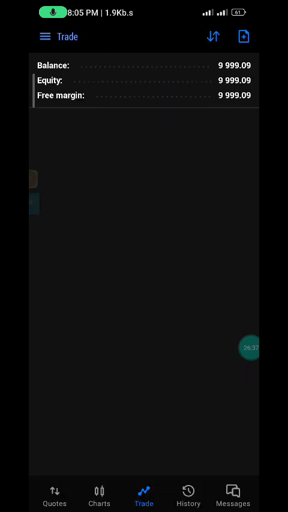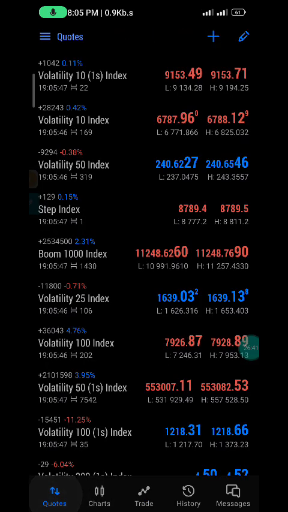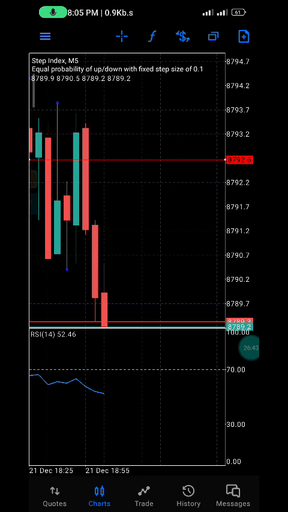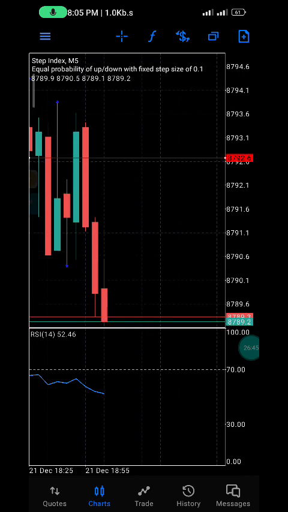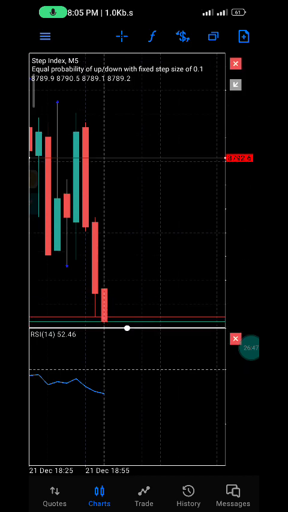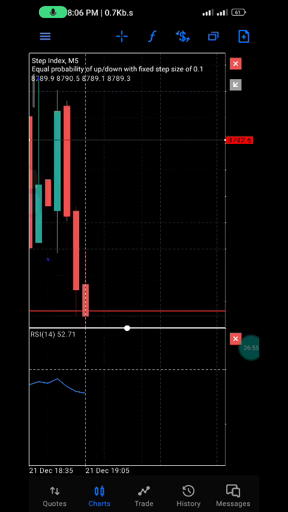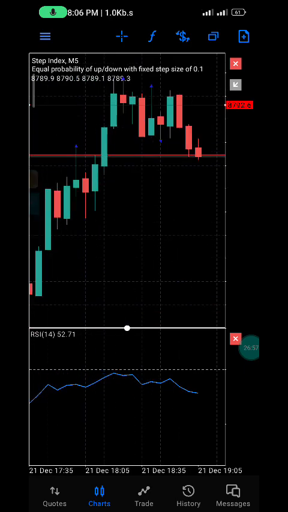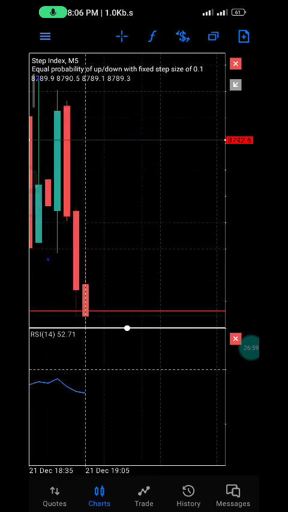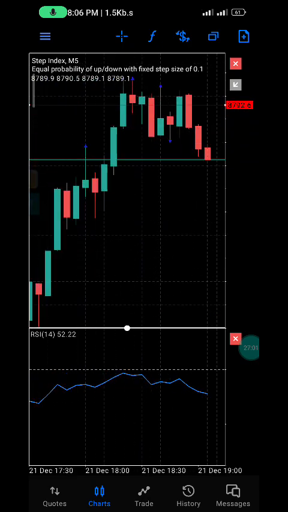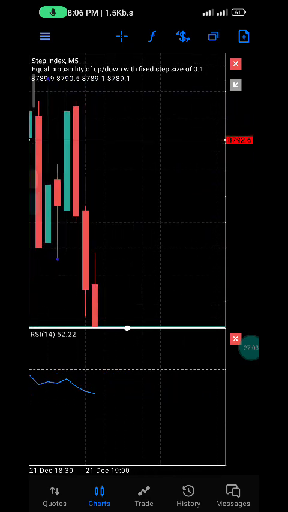I am at a loss now. Can you see it? But there is one thing I forgot to introduce. When you hold on the screen, the screen will actually highlight. From here you can drag left to move the chart up and down, to see how it's moving. I forgot this,